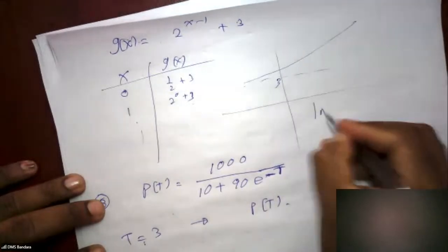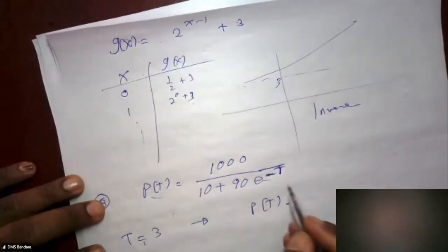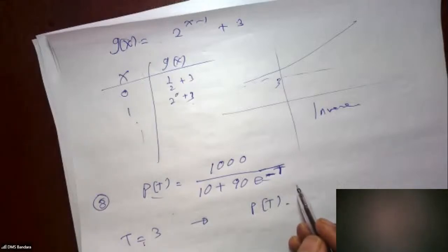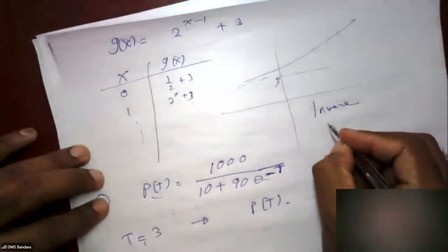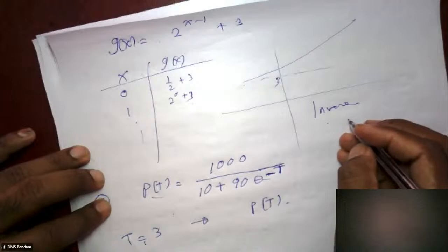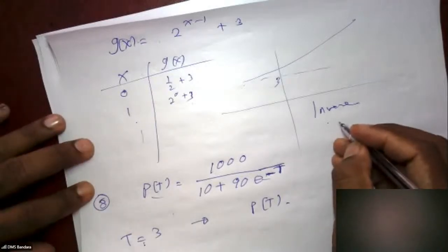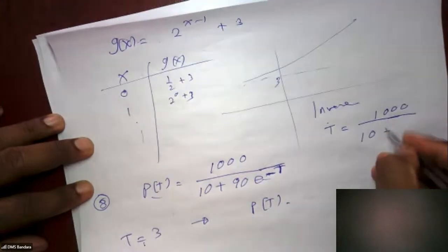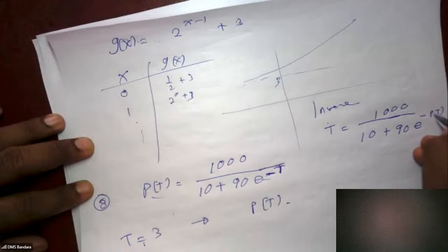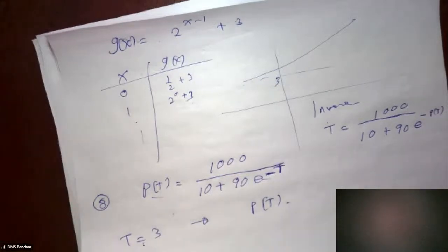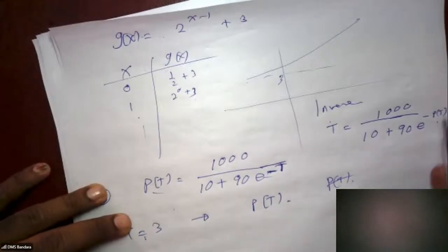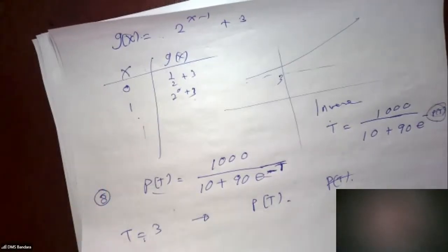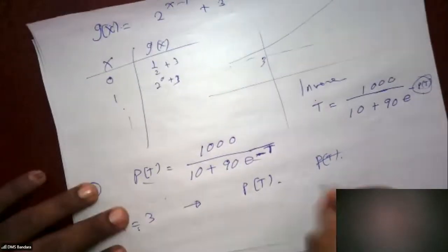For the inverse, what we have to do, we switch the variables, switch the terms, right? That means here is t, and we have to find the inverse function. Here's t equal 1000 over 10 plus 9 e to the power minus P(t). Right. For the inverse function, we have to find P(t). You can find it, right? I write the inverse function here for your understanding. T equals